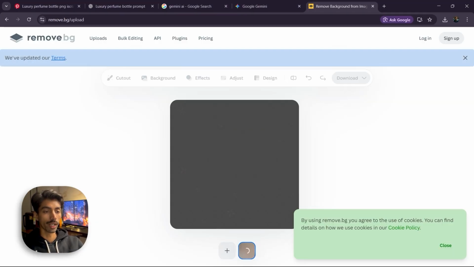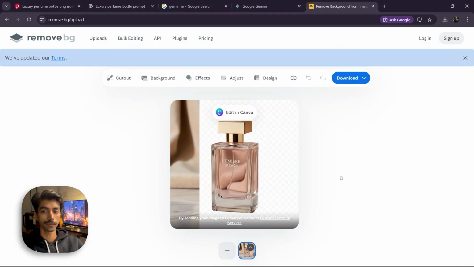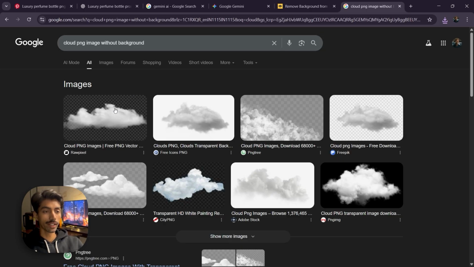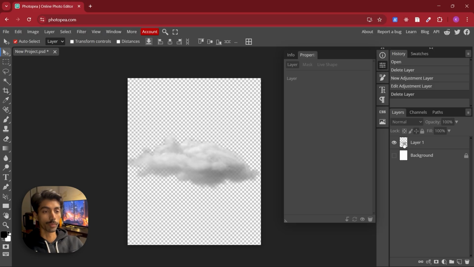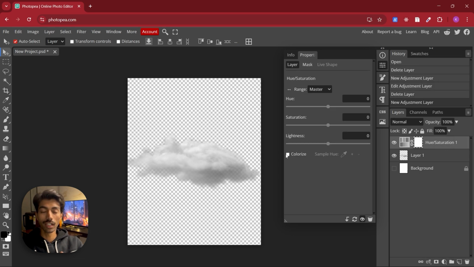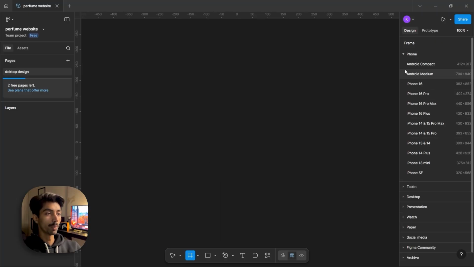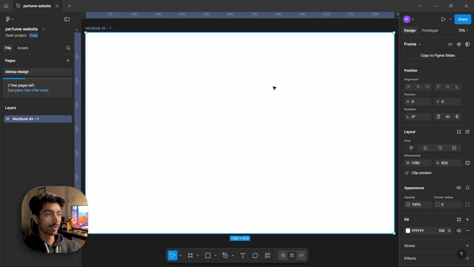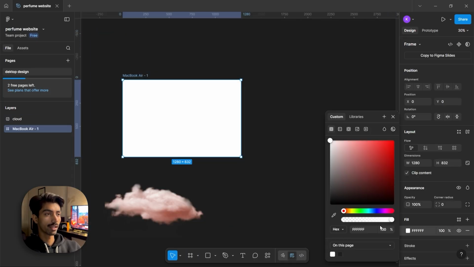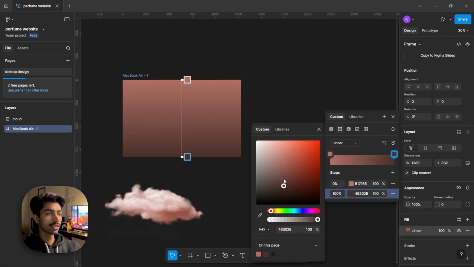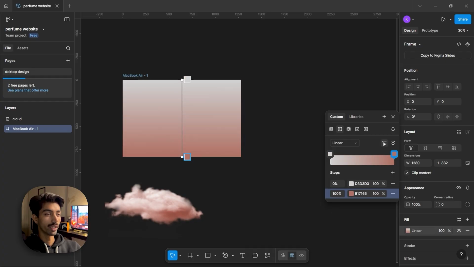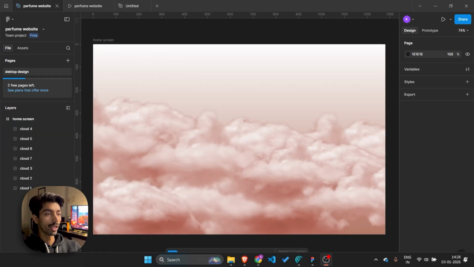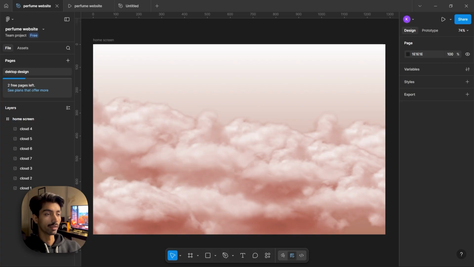After that, I will remove the bottle background and prepare it for the next stage. Let's find the cloud PNG and edit it in Photopea to adjust the hue, so it perfectly matches the bottle shadow and enhances the overall visual harmony of our design. After that, I open Figma and start by creating a desktop frame. I import the cloud PNG and use the color picker to sample the shade directly from the cloud. I apply this color to the frame background and turn it into a soft gradient, so the cloud blends naturally